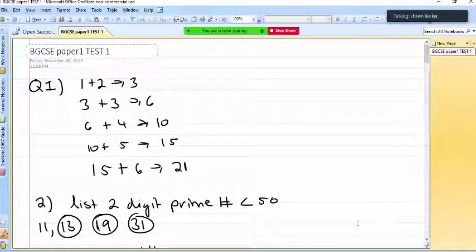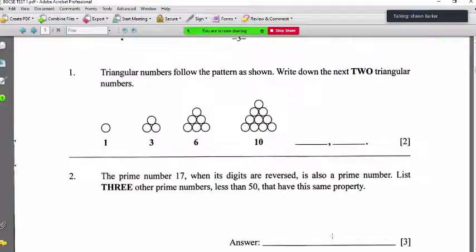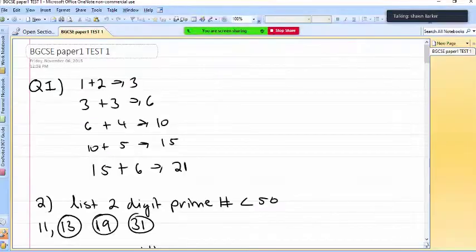So what I would do with these types of problems, I would write down the information that you have: 1, 3, 6, and 10, just like how I did right here. Then I would ask myself, what can I do to get to the next number? And there's only a few options. Either you can multiply by a number, or you can add a number, or you could subtract a number. And that's the process that you go through.